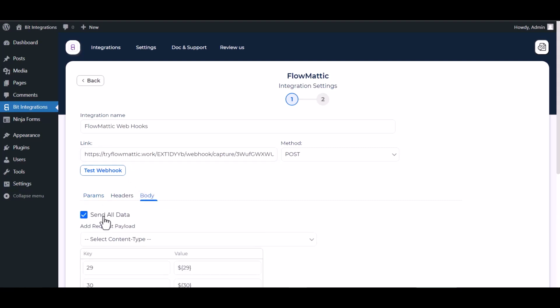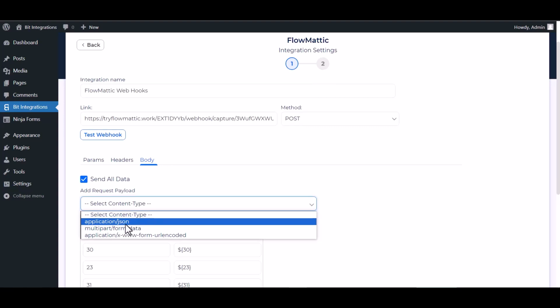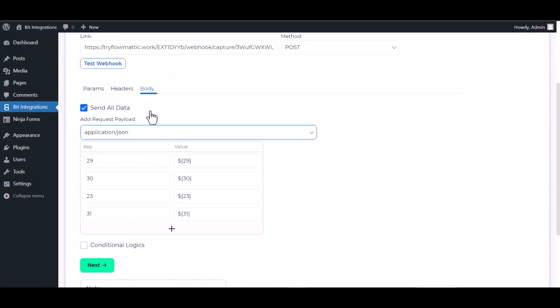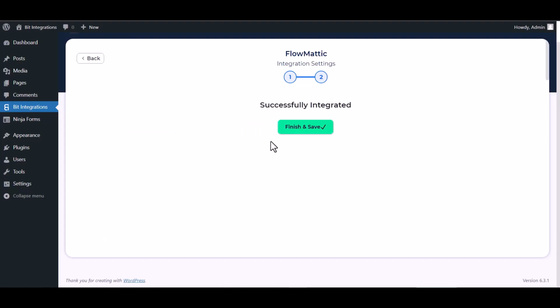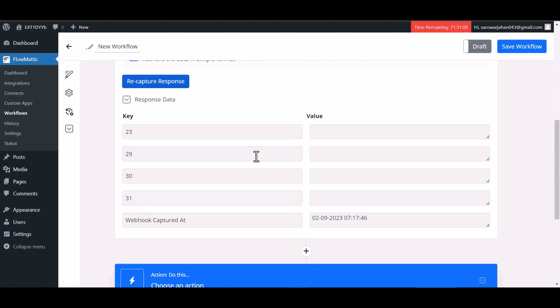Body. Send all data. Choose application JSON. Test webhook. Webhook executed successfully. Done. Next. Finish and save it. Now go to the FlowMattic site